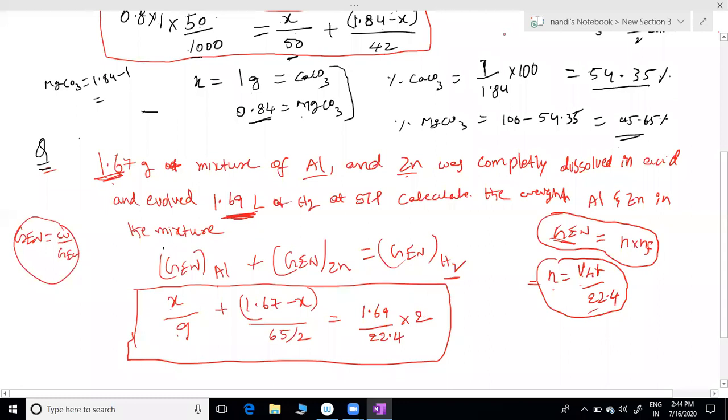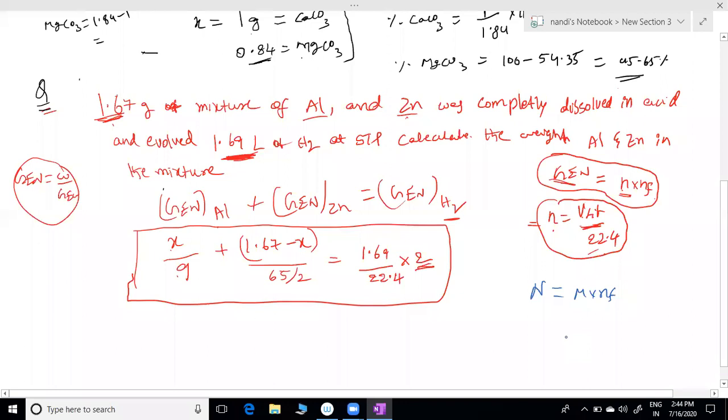First, did you solve this question or not? Normality equals molarity into n factor. Is it correct? Does everyone know this? Any doubt here? I hope you know that one, we gave the derivation. What is the normality formula? Molarity is number of moles per V liters, into n factor. If volume is the same in both cases, then the remaining is a reminder. Gn equals n into n factor.